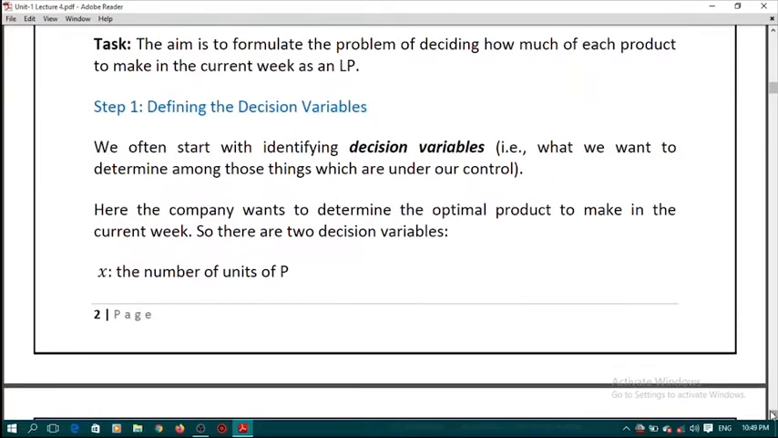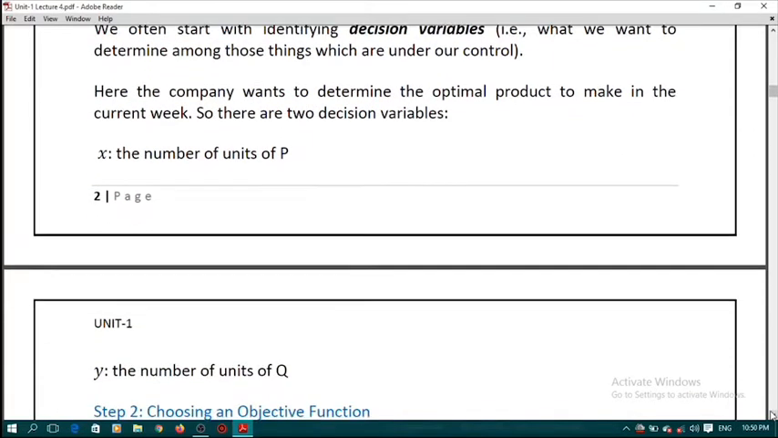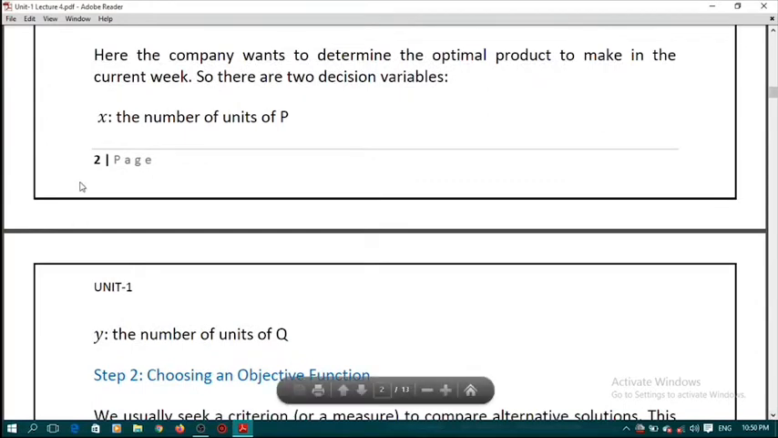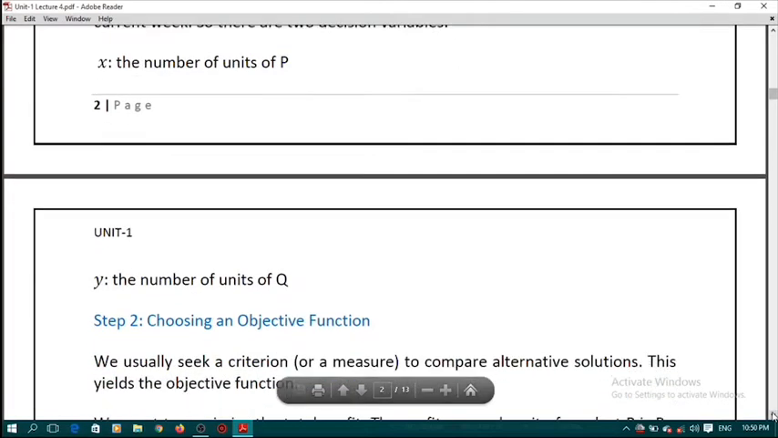So here we denote two decision variables with notation x and y. So x is the number of units of P and y is the number of units of Q. Now next step is